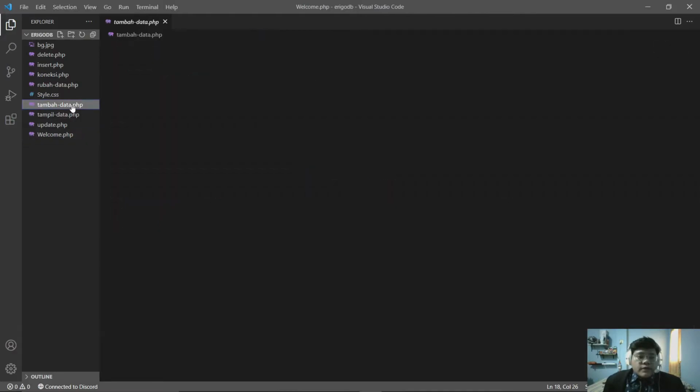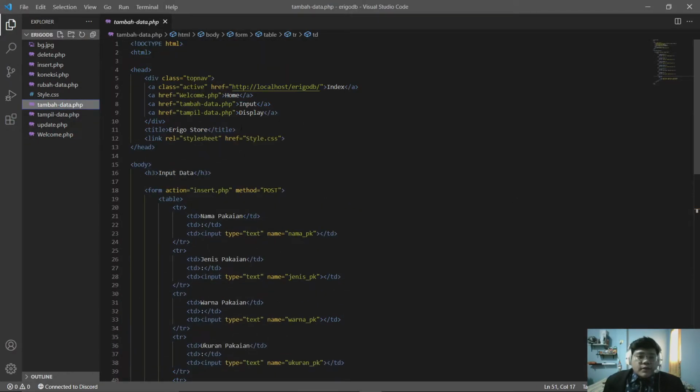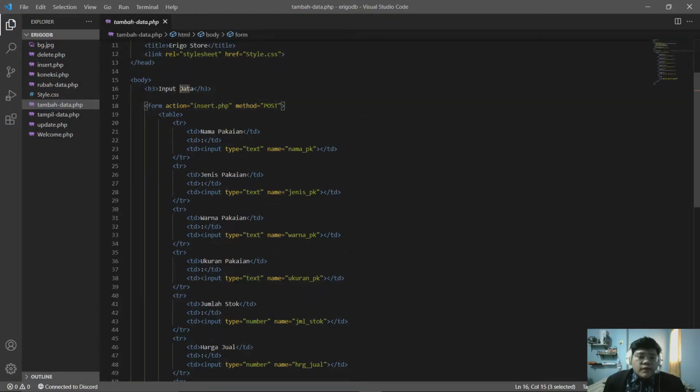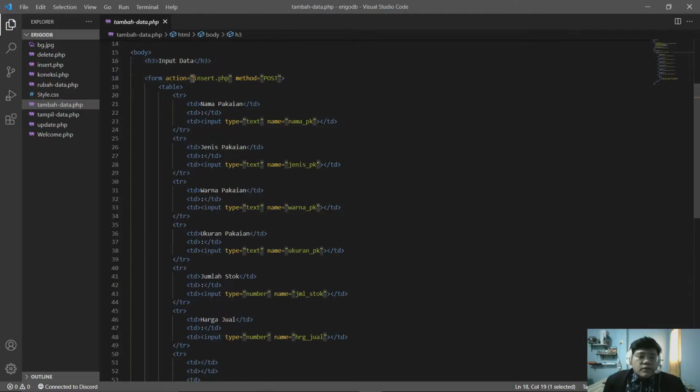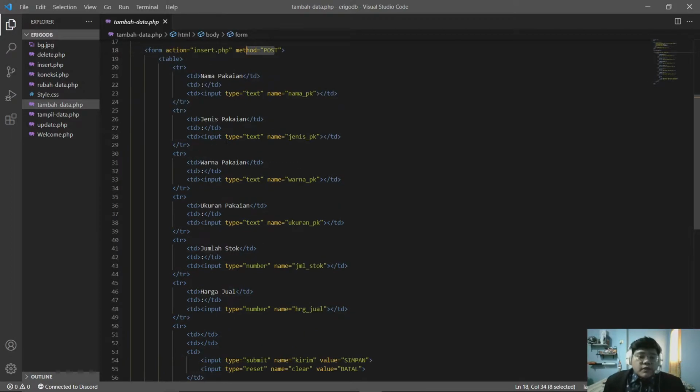For the insert data page, it is the same, with heading 3 for this input data text, and this is the function from insert.php with the post method.